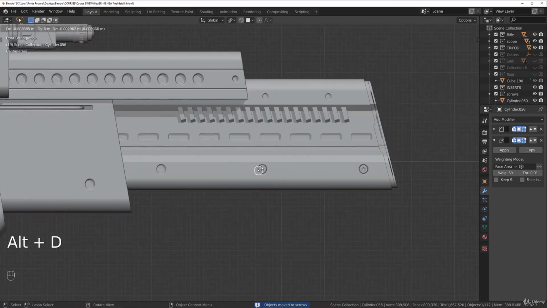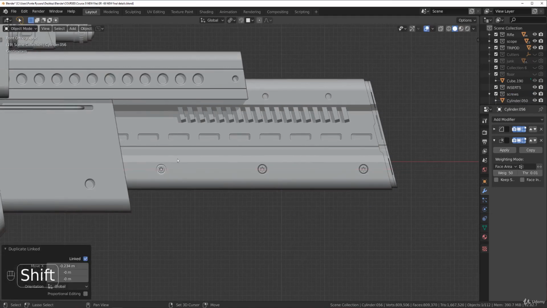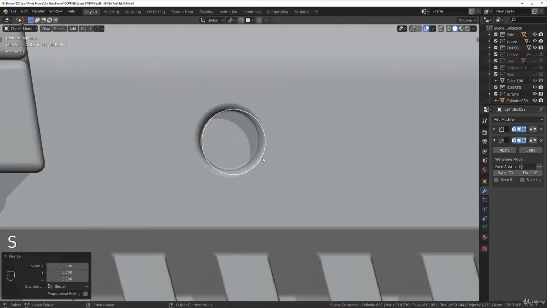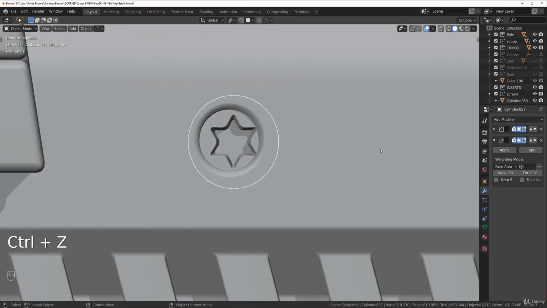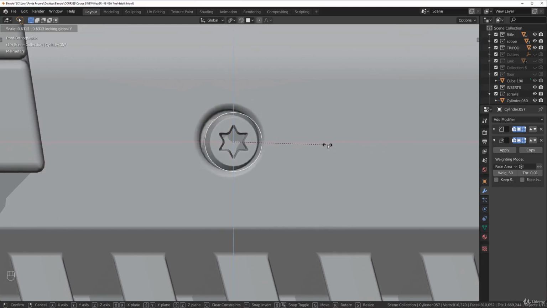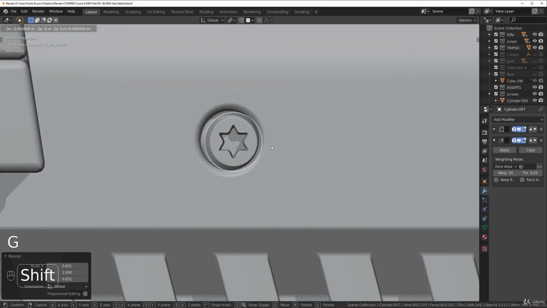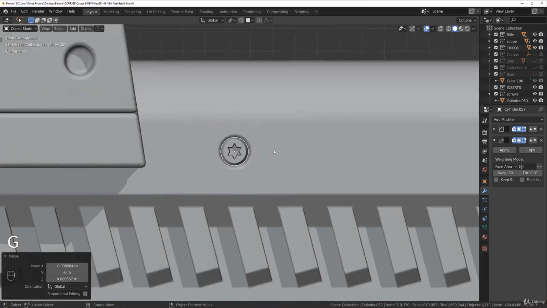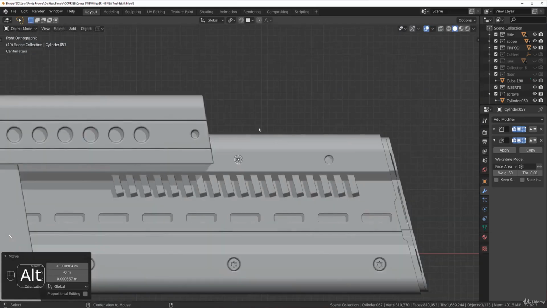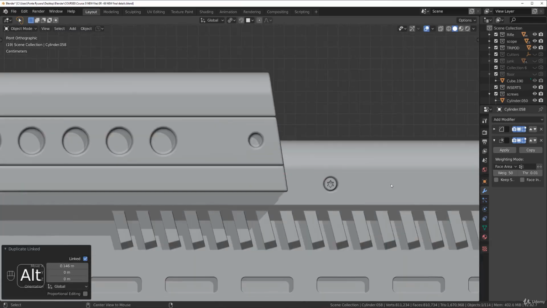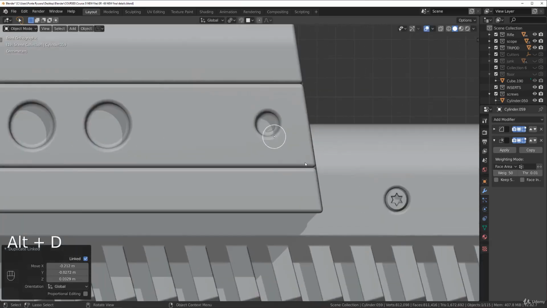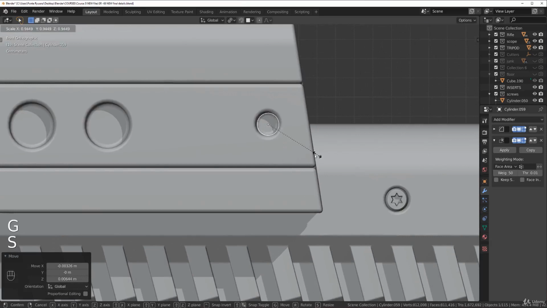And again, Shift-D, X, and simply hold Shift and move it. And Shift-D, move it in here, make it smaller. Let's go closer here. In fact, when you make it smaller, you can press Shift-Y to scale it on every single axis except Y, and move it in here. The depth should be the same, yeah. So Alt-D, X, and move it in here with a Shift. Bob's your uncle. Alt-D, snap it to this surface in here, move it inside, scale it a little bit,